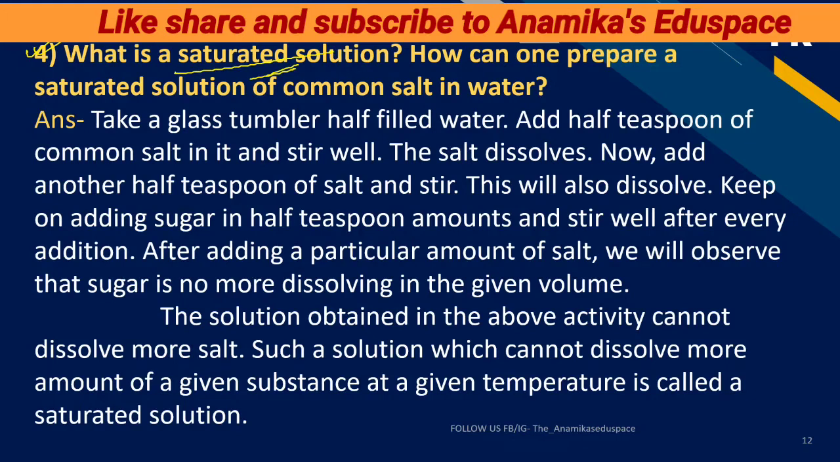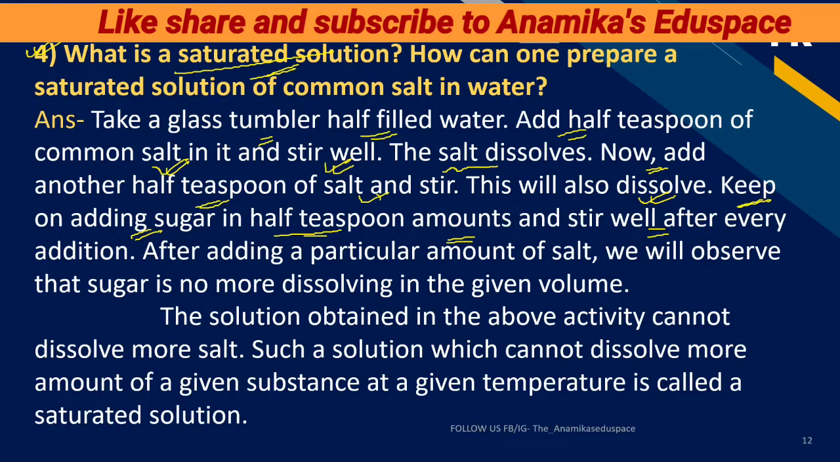So the first answer goes as, take a glass tumbler half filled with water, add half a spoon of common salt in it and stir it well. Now the salt will dissolve in the first stage. Now add another half teaspoon of salt and stir it. This will also dissolve. At the second stage also salt dissolves in the water, and the salt vanishes and diffuses into the liquid. Next is, keep on adding salt in half teaspoon amounts and stir it well after every